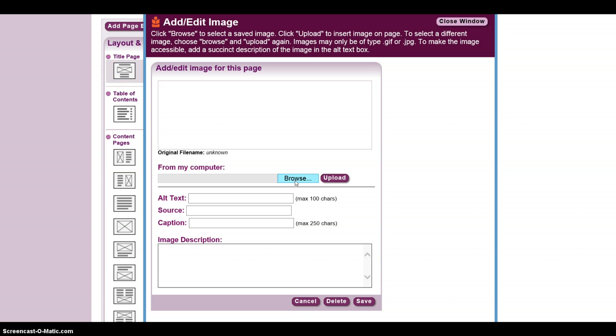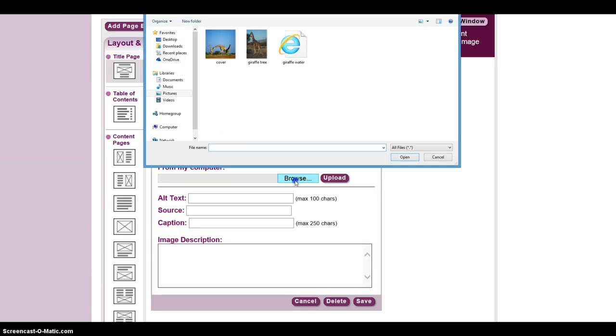Now, if you remember last week, we loaded some pictures onto our computers so we would have them for this book building project. And this little browse button is going to go right into our files so we can pull the picture out. And I'm actually in my pictures, and this was the picture I decided I wanted for the cover of my book. So I just need to click on that, open,